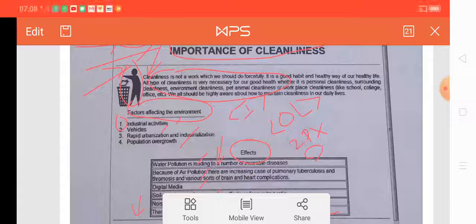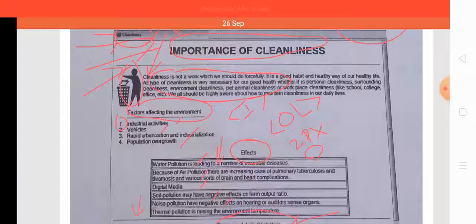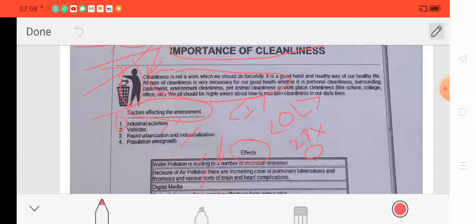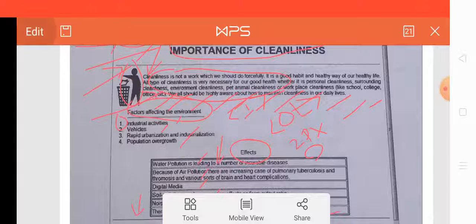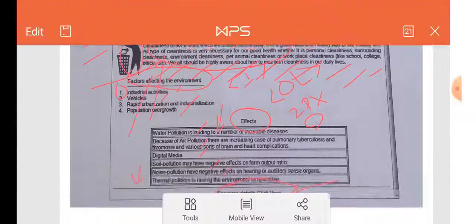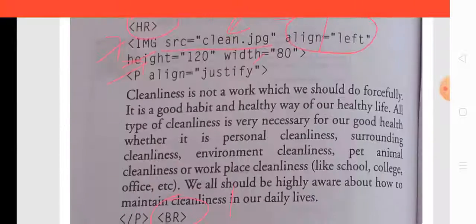See here that after the paragraph there is a space. This is a space, so it clearly indicates that we use the br tag for that purpose.